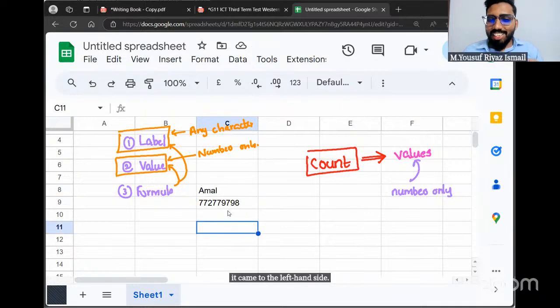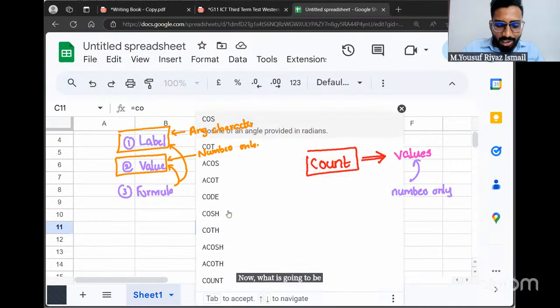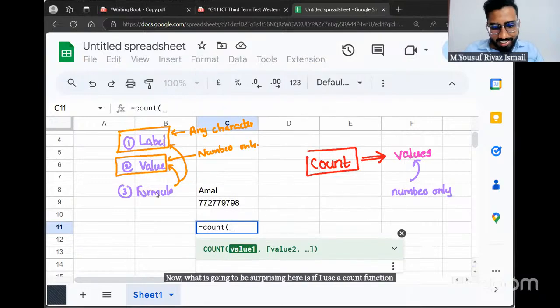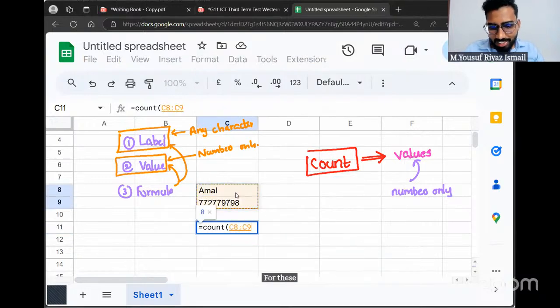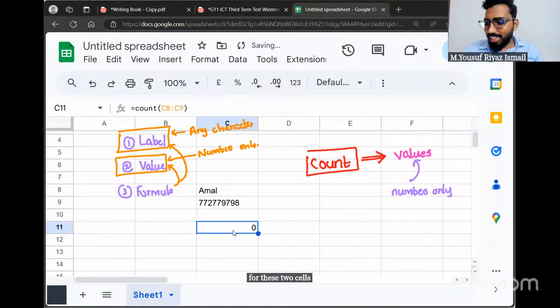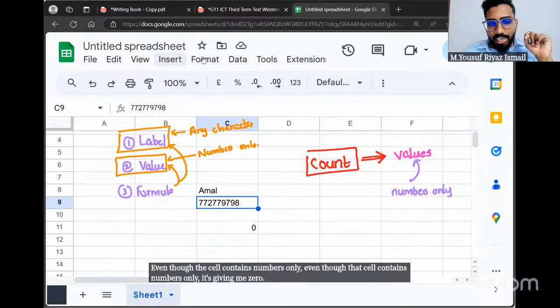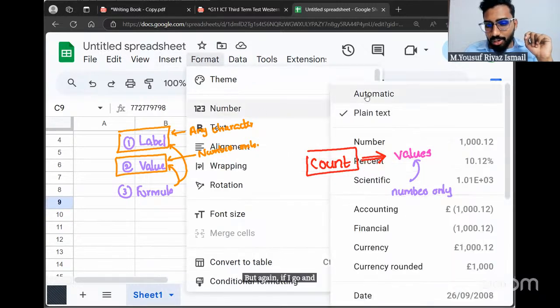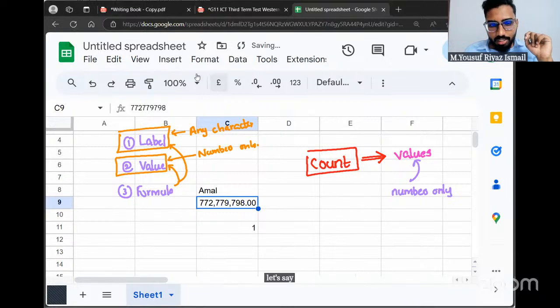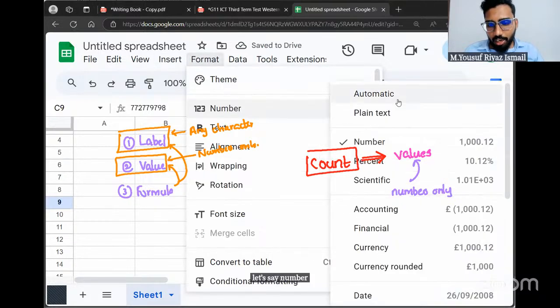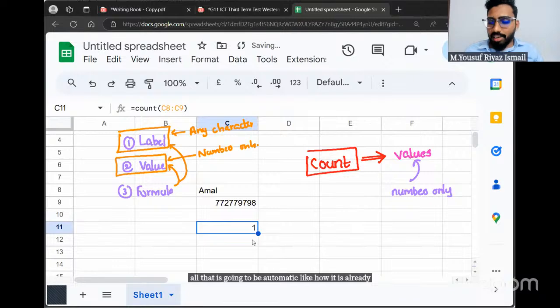What is going to be surprising here is if I use a count function for these two cells, it's giving me 0, even though the cell contains numbers only. But if I change the format back to number, or automatic like earlier, it's giving me 1.